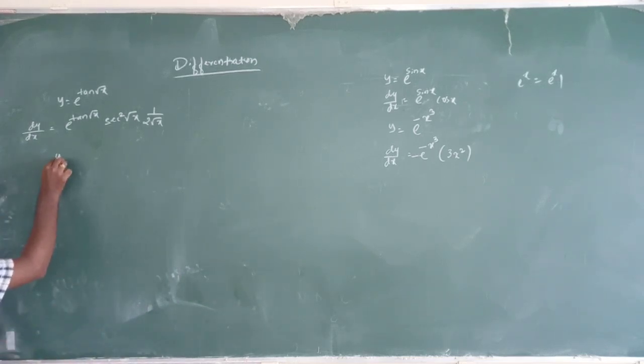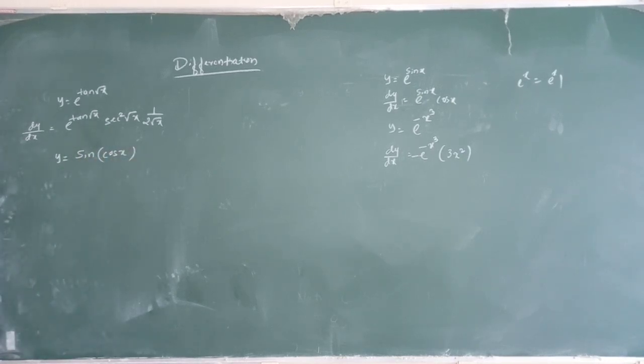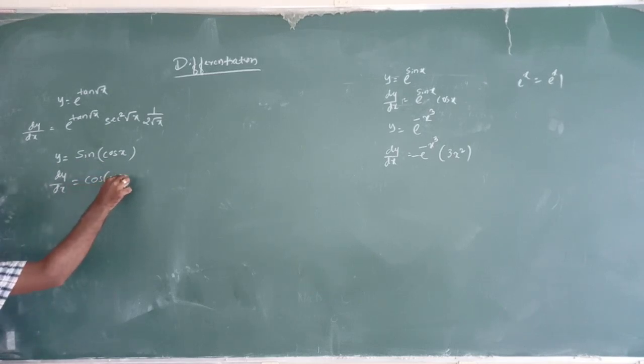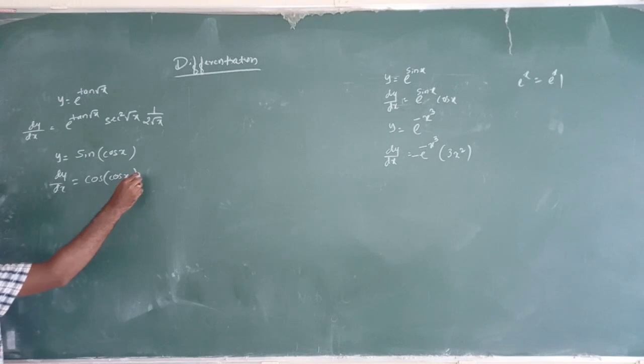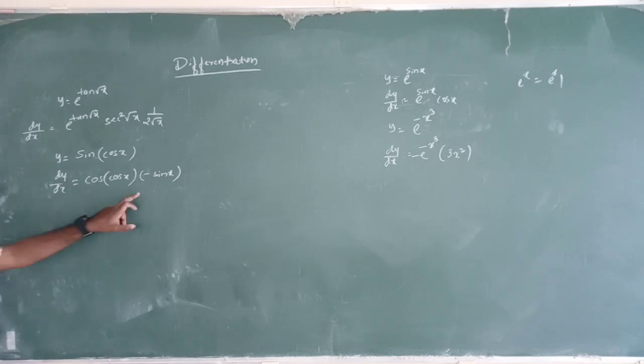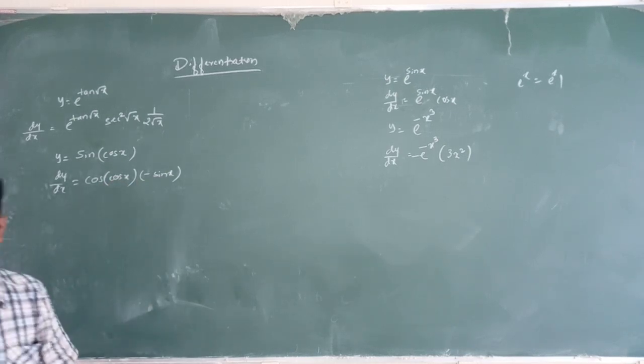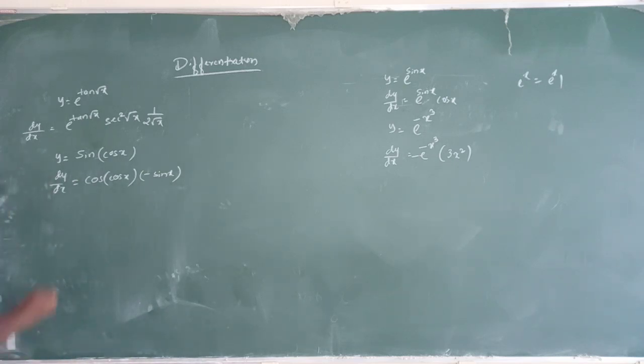Y is equal to sine of cos x, differentiation. So here this cos x is nothing but the inner function of sine of cos x. Then dy by dx is cos of cos x. The differentiation of cos of x is minus sine of x. And don't multiply that minus sine x inside the bracket because that is the domain of that cos. Getting? So sine x into cos x, no, it is not possible. Okay? Next one. So this is the last example.